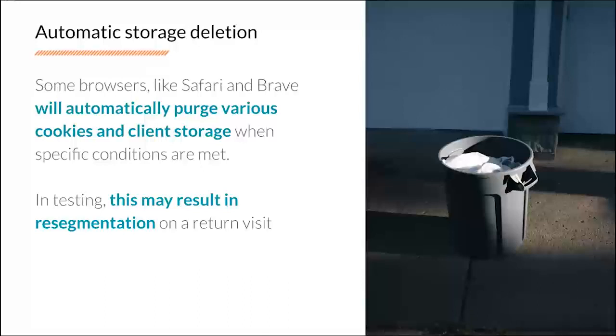So we talked a little bit about how they set cookies to different durations, but that's not all. Safari, Brave, and a couple of other browsers will look at and control access to the storage mechanics of the browser. And they will systematically purge those at specific points. So what originally happened was Safari released ITP 2.0, 2.1 back in 2019, and the browsers are like, okay, well,